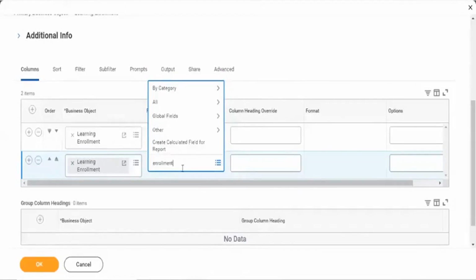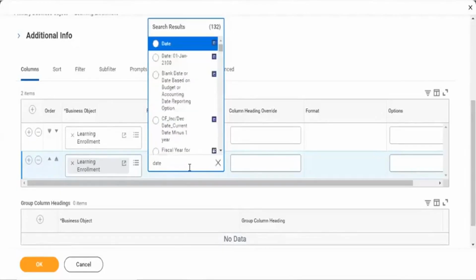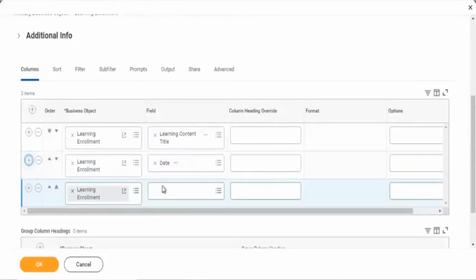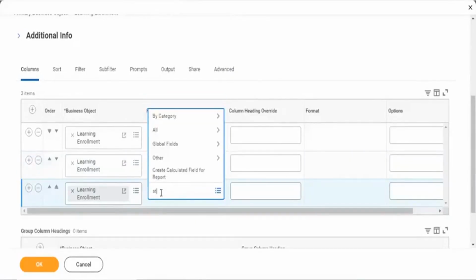Now, course is different; content is different. Now, what is this field? These are nothing but the fields we want to know: Learning Enrollment data, reporting fields. Status, I want to know the enrollment status.